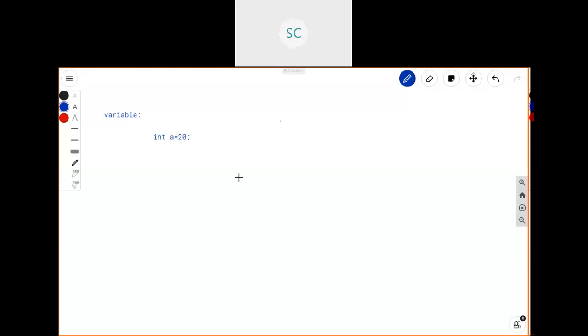For example, if you declare a variable in your program, throughout that program you can use that variable, but it has a scope. Based on that scope only you can use that variable. But internally, what happens if you declare a variable? In RAM, based on the data type, it will create one location based on the size. An int variable is 4 bytes, right? So 4 bytes are allocated for that a, and the value is going to be stored within that a.